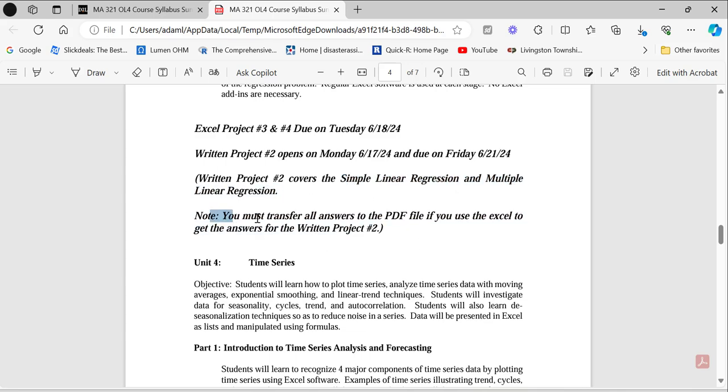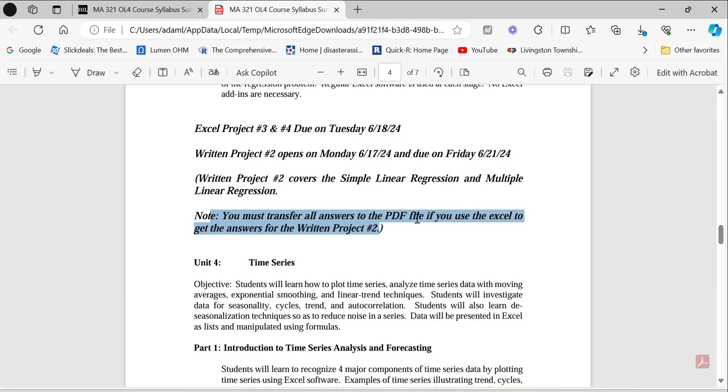Again, you must transfer all the answers to the PDF file if you use Excel to get answers for the written project number 2. So basically, the written project is in the PDF file. So if you use Excel as a tool to get your answers, you should transfer, meaning you should show all the work, right? Transfer all the work into the PDF file to get full credit. Again, you have to show all work, right? In order to get full credit for each